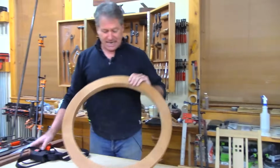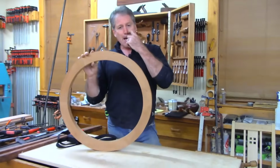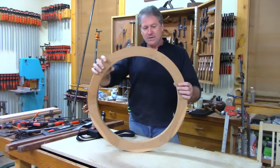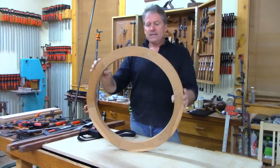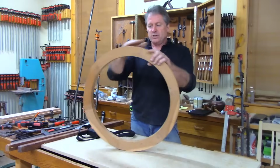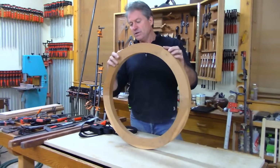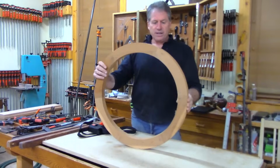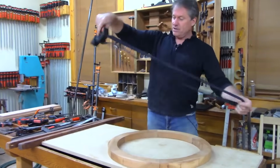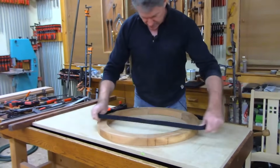I've been playing around with this idea of making some round frames, like round mirrors, but this is a little prototype I was working on a little while ago, and it's got the curved pieces, but I think the way I'm going to do it is more with the facets and then saw it out, like this one I believe was pre-sawn and then glued up. So anyway, you can use these kind of strap clamps that go right over there. It goes around,